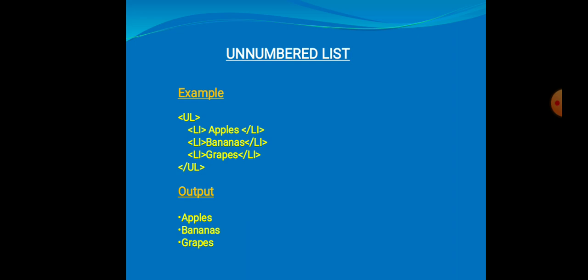Now what is our plan? We have to display these fruit names on the web browser. We are using the list tag here, that is, li is the list tag. Since this is an unnumbered list, the output will be displayed as shown here on the web browser. Now imagine you have to type this program in Notepad and execute the program in a browser like Internet Explorer, Mozilla Firefox, etc.